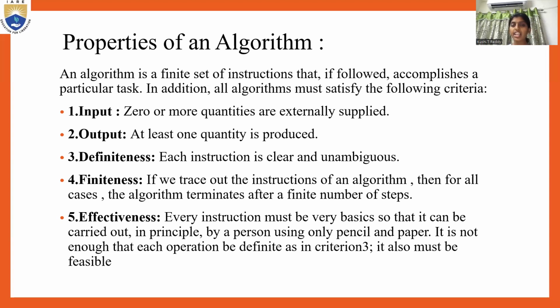First is input. It can have zero or more inputs, and coming to output, it should have at least one output. So any algorithm will produce at least one output, and at most it can be n number of outputs, depending upon the program and depending upon the algorithm. Next is definiteness. So each algorithm which you're providing should be clear and unambiguous. Unambiguous means there should be no kind of confusion in the algorithm which you have written. Next is finiteness. Finiteness means that the algorithm which you have written should end in a finite number